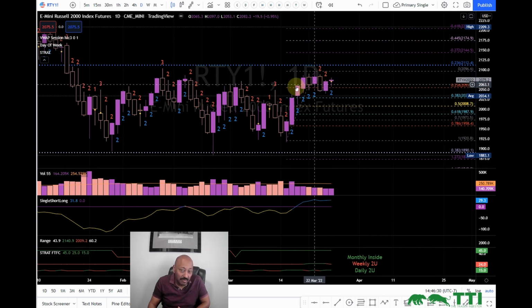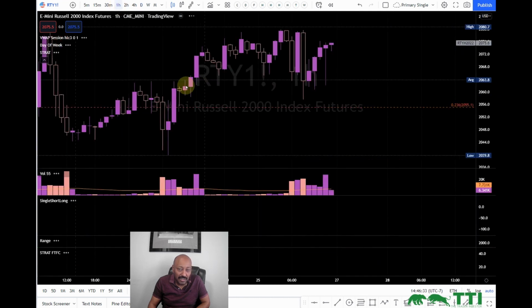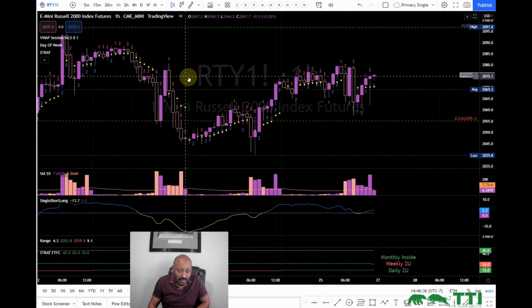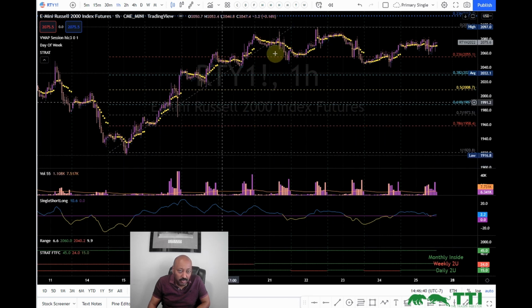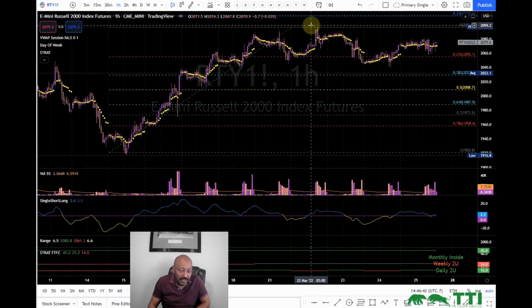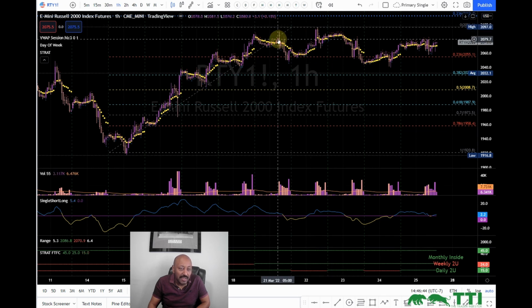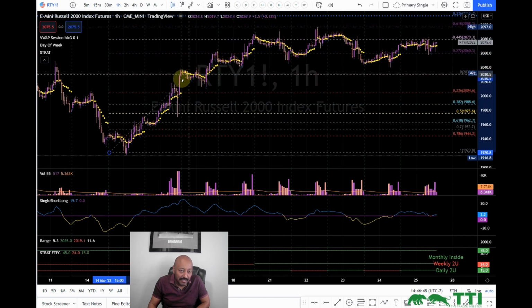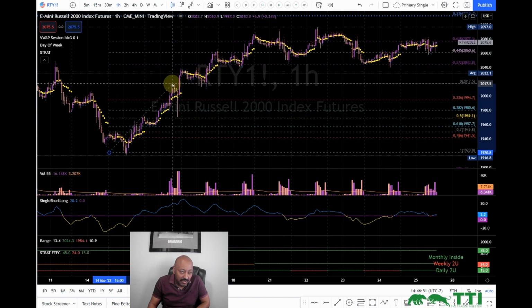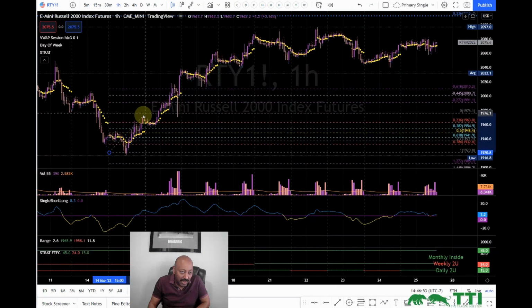I'm not done yet, right? I'm looking at the daily. This is what I see. Then I go to the hourly. This is what I see on the hourly. So here's that swing low to high on the daily, but now I want to adjust this daily. So if we start from that low to high,